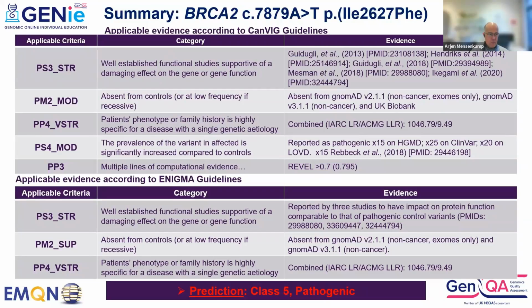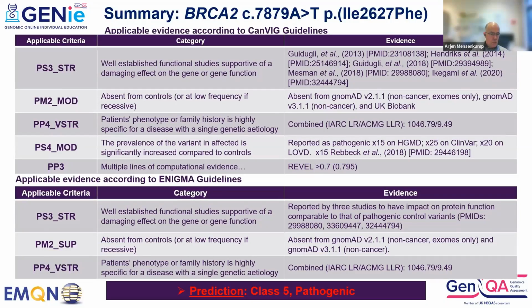And here again, the most important code is PP4, very strong, as there is a combined likelihood score for this variant of 1,000 to 1. And like in the previous variant, that causes an application of the score at a very strong level. Then we go for the UK variant. You can apply for the UK guidelines